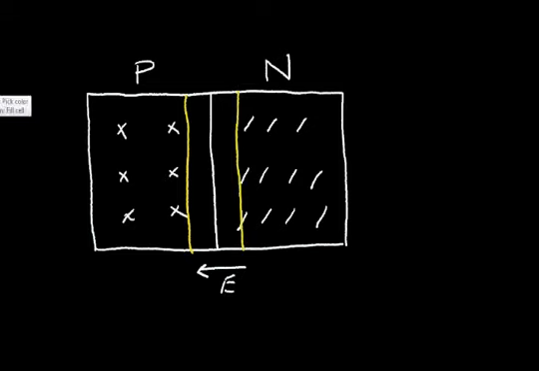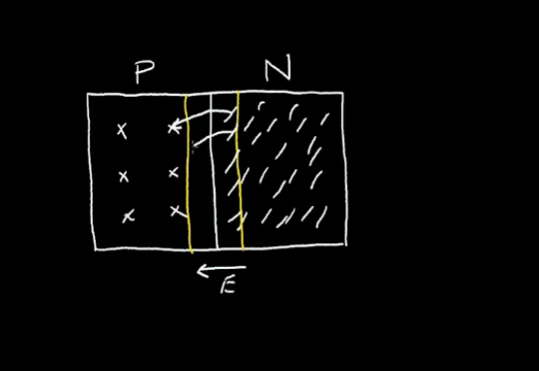Now I want to ask, what happens if we have a difference in concentration between these N and P regions? Let's say, for example, we have a high concentration of dopant for the N region. So we have a large surplus of electrons. But in the P region, we have a very low concentration of impurities. Well, what's going to happen is these electrons have to migrate further into the P material to recombine with the holes. So these electrons maybe will have to wander way over here